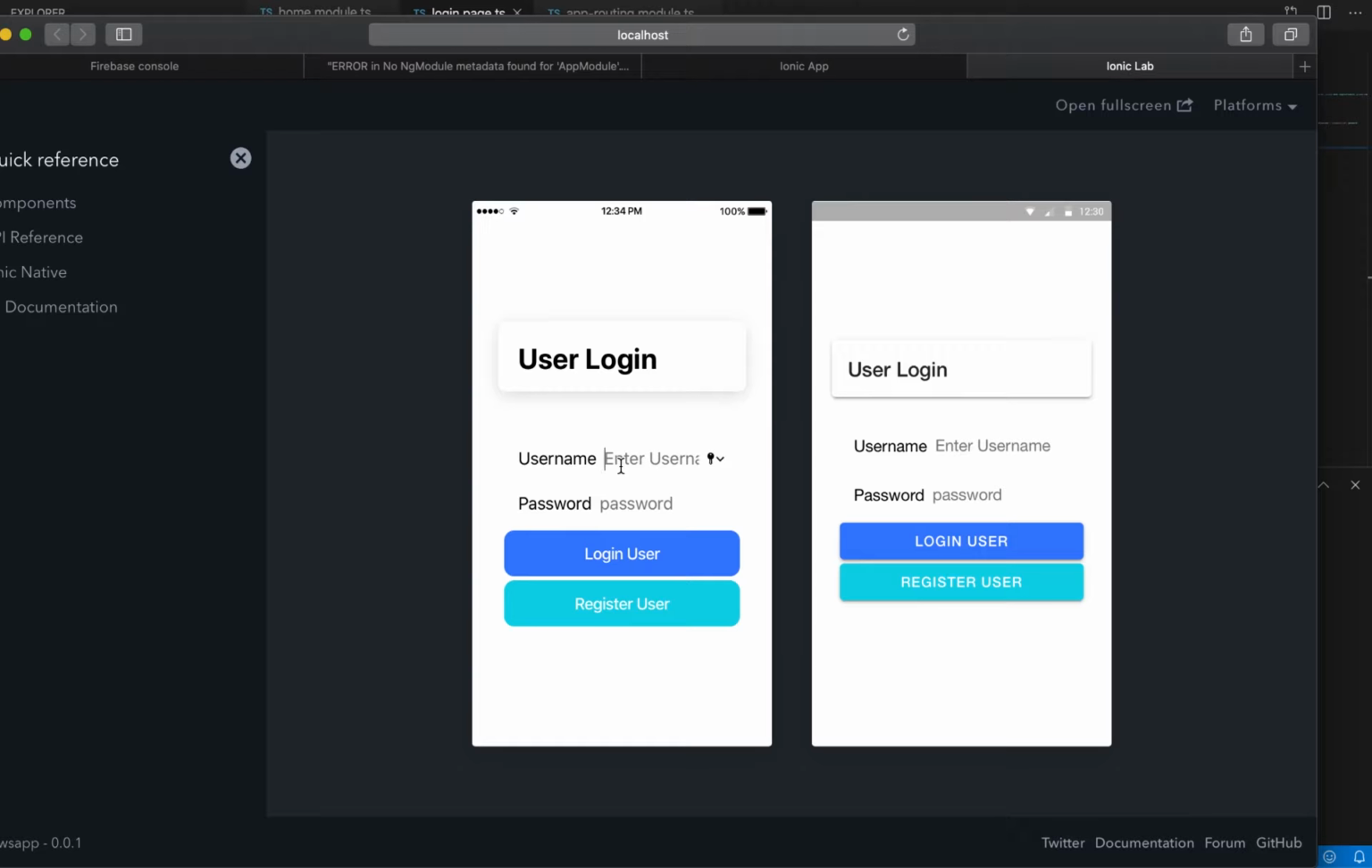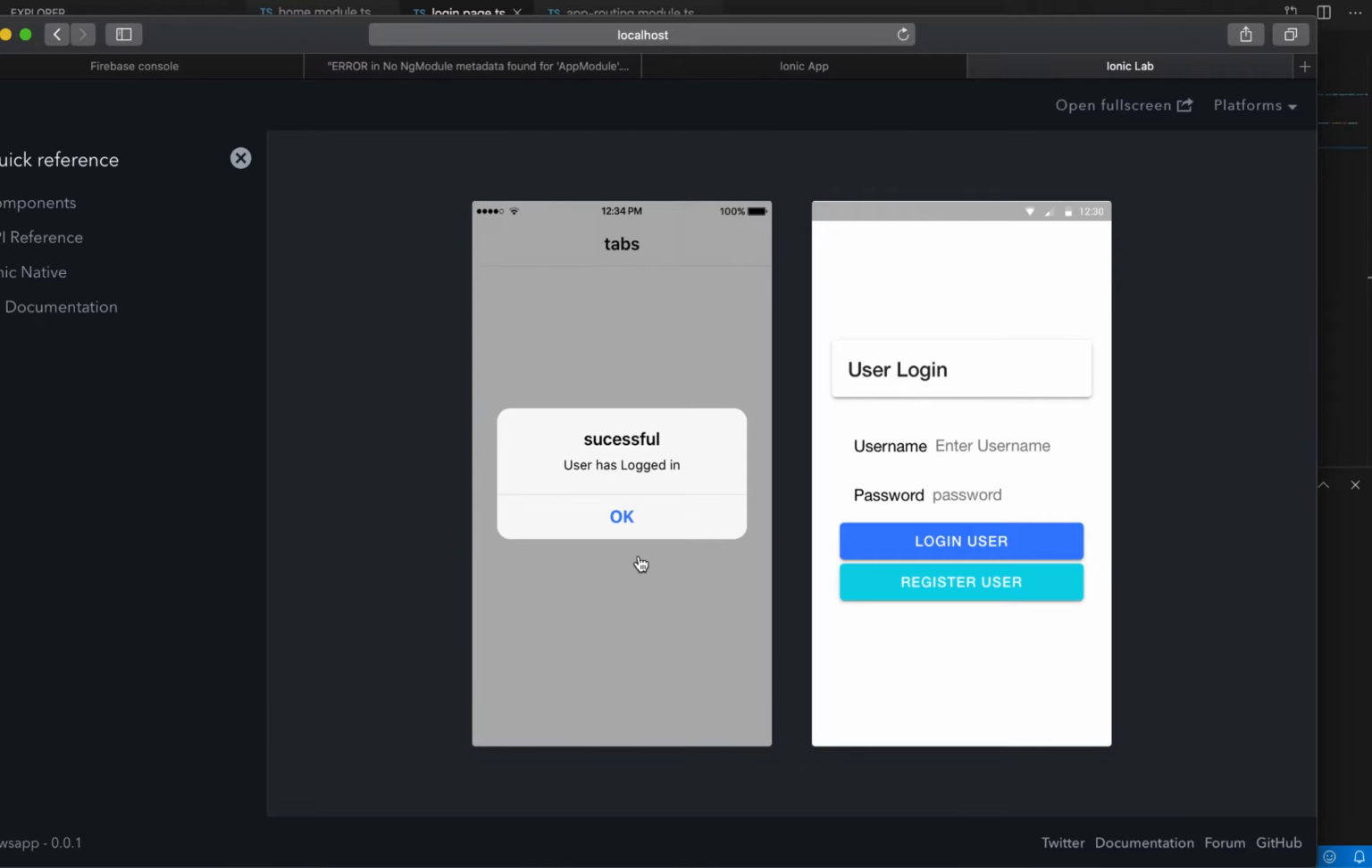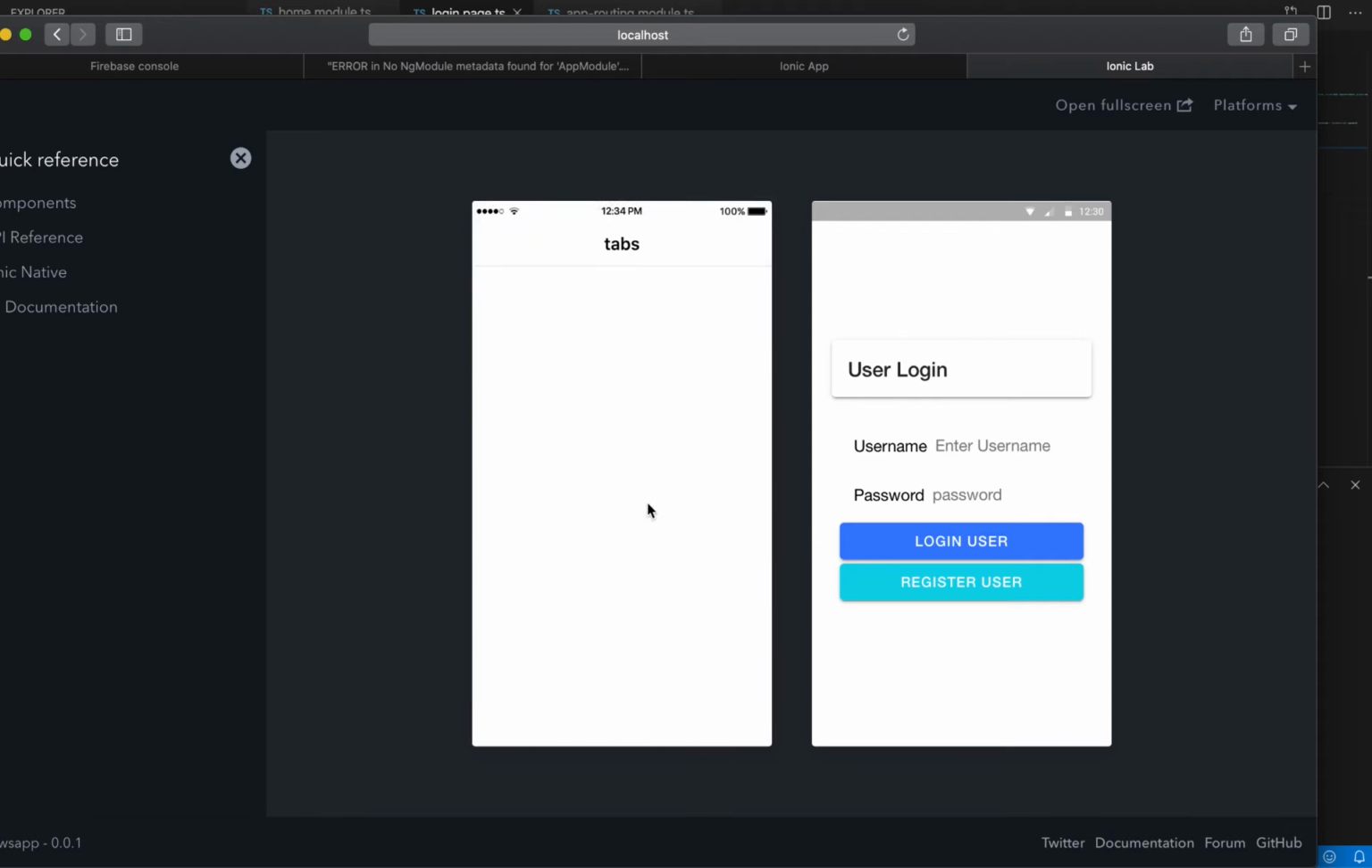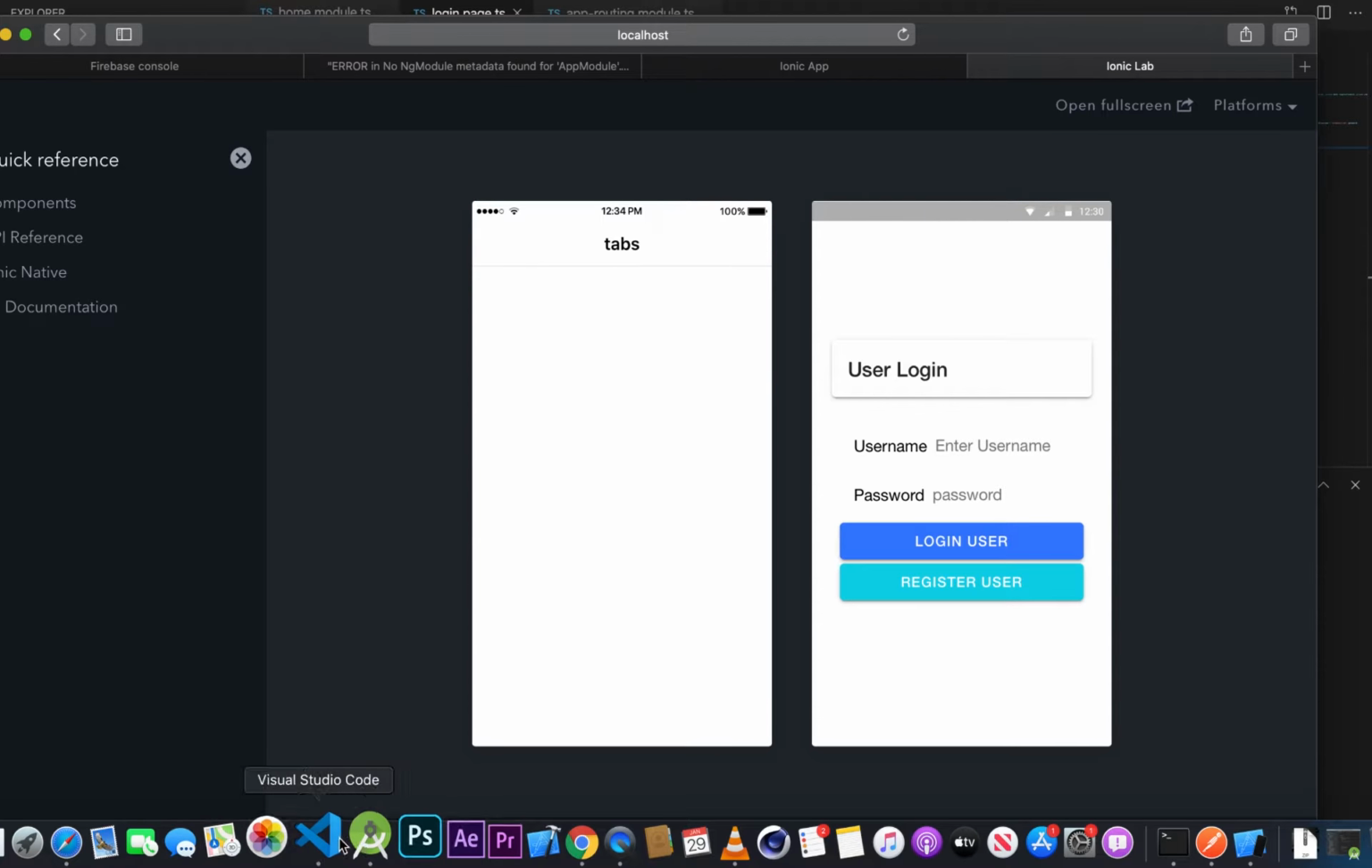So we'll now log in. User, say user 3, password of 1236, user, login, successfully logged in, and then you see we have our tabs page. So we are going to include tabs on this tab page. So we go into the code